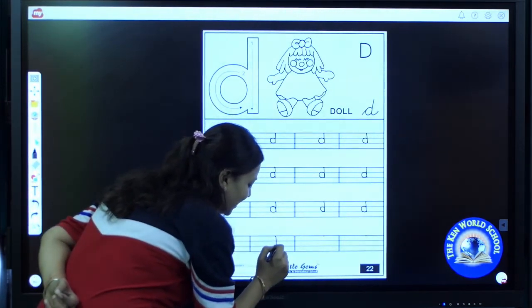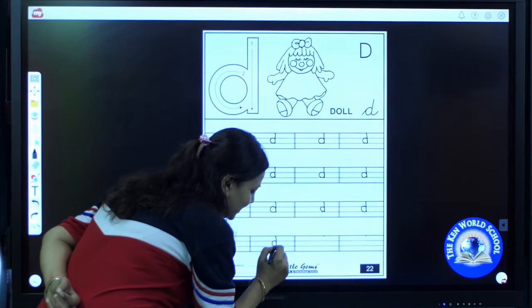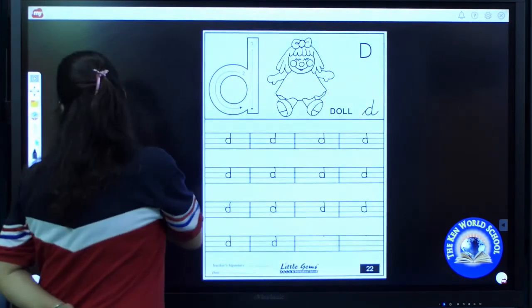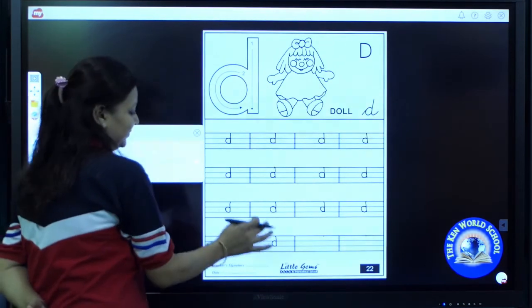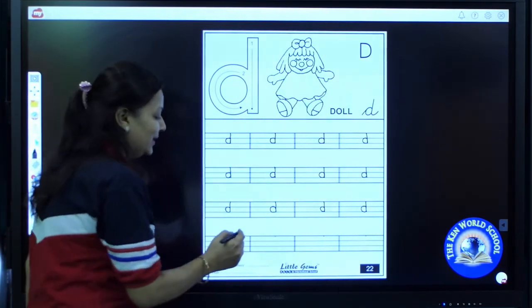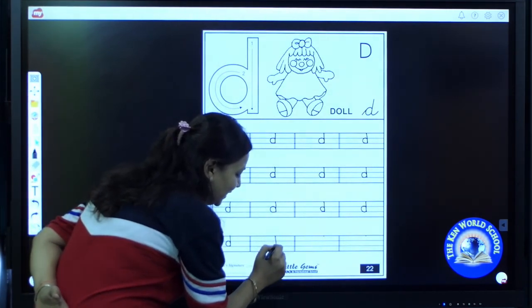Draw a standing line from top till bottom and make a curve from middle till base. Cut, cut, cut. Again it's my turn. Draw a standing line till base.